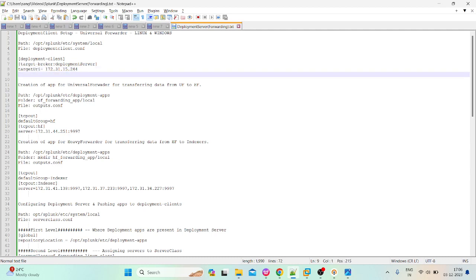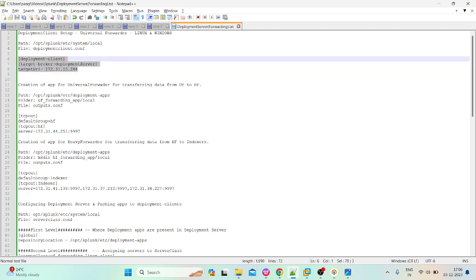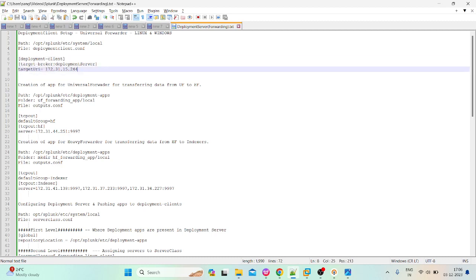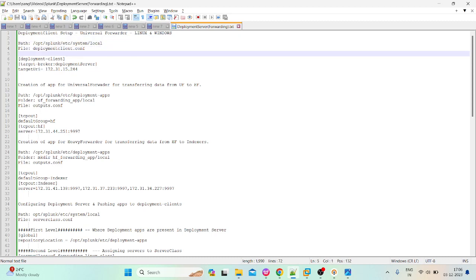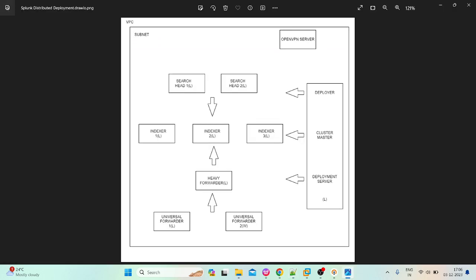So to where it is going to report. So that is basically the configuration of the deployment client.conf. And where it should be present: it should be present inside the /opt/splunk/etc/system/local directory, in the deployment client.conf configuration file. So coming back to our architecture diagram, this configuration file should be present inside all these three: